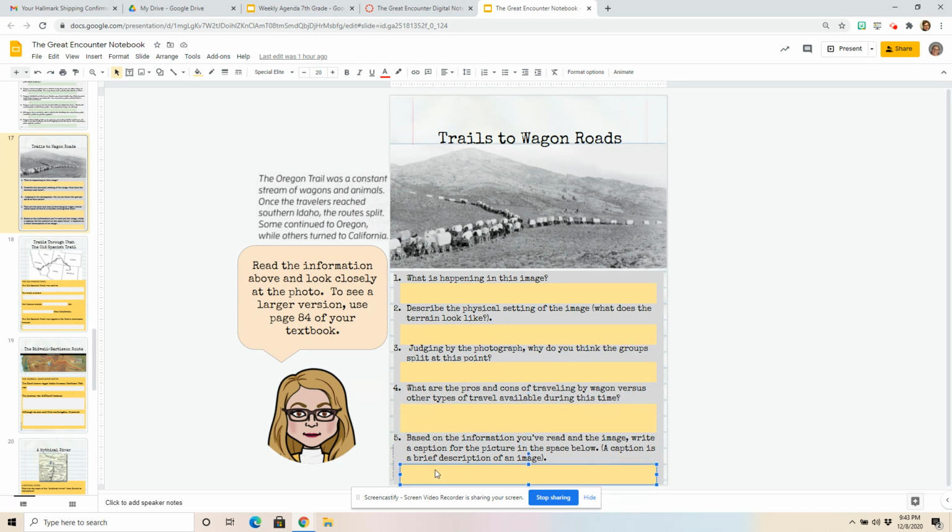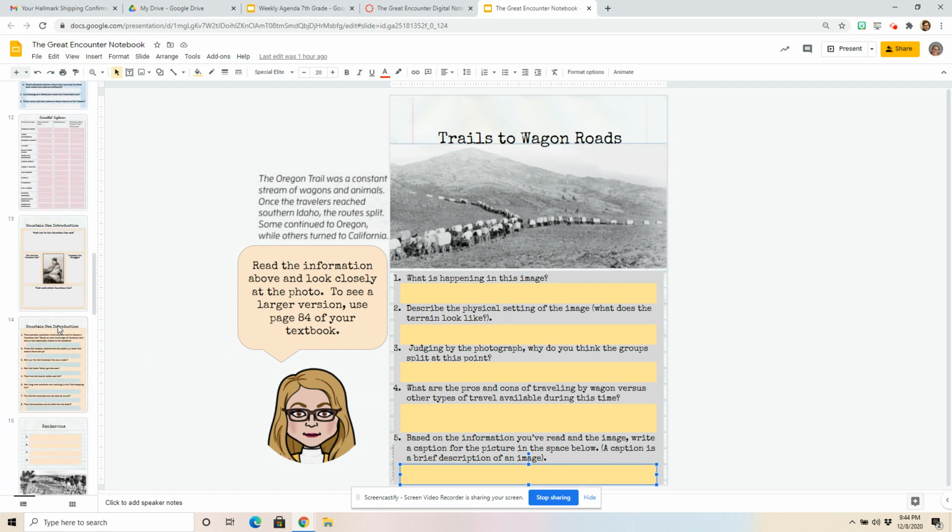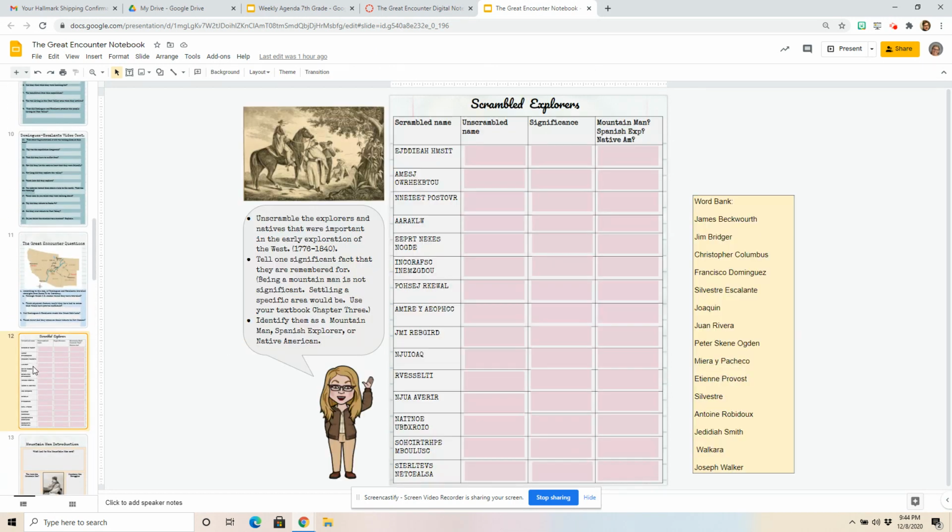Okay. If you finish those items today, please work on something quietly. You can start reviewing for your test by looking over some of your older work. You can finish anything that's missing. You can work on notebook pages that aren't quite done. I know that quite a few people still needed to finish slide 12. So if you need to find the significance of these people, make sure you're looking for that.